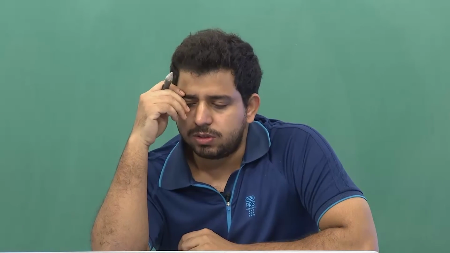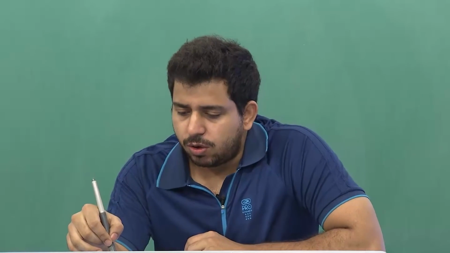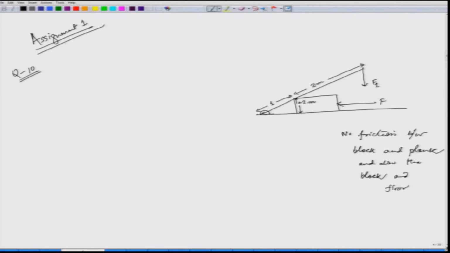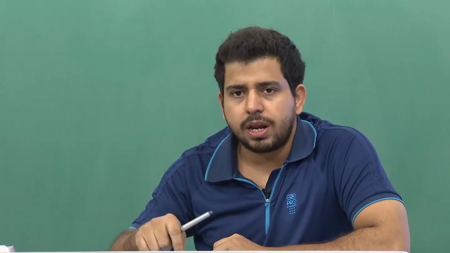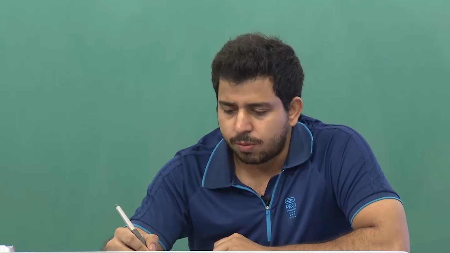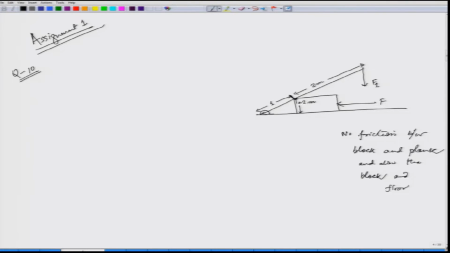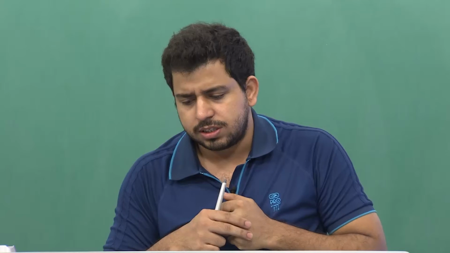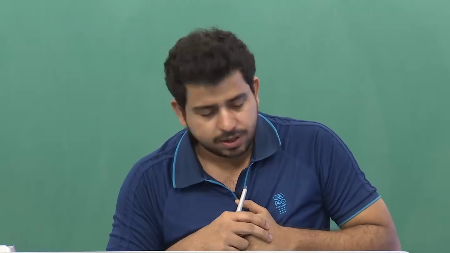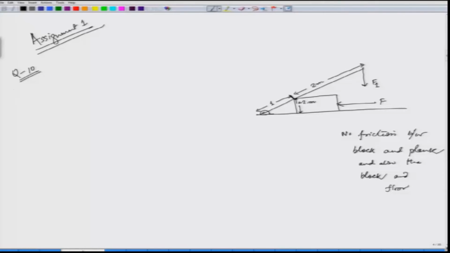Now the point here is, if I had not applied the force F, F1 tends to pull the plank downwards, and due to the normal acting at this point, the block tends to move the other way. So the way we will find a solution is that first of all we will see the free body diagram of the system. So the solution is like this. We will draw the free body diagram.